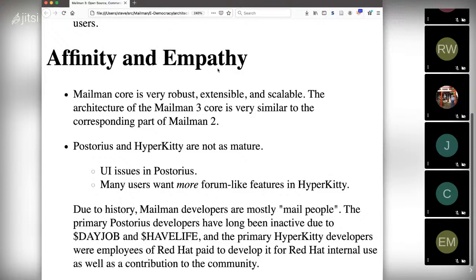Postorius and HyperKitty were both greenfield projects. They basically started from the ground up and did what they thought would make a better user experience. But this causes some problems because good user experiences generally are evolved rather than created. So I want to change screens here for a second.